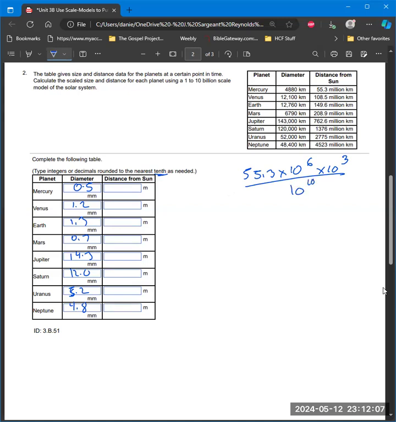So we're going to move 1 decimal place to the left here, which is going to be 5.5, then 10.9, then 15.0, then 20.9, then 76.3,